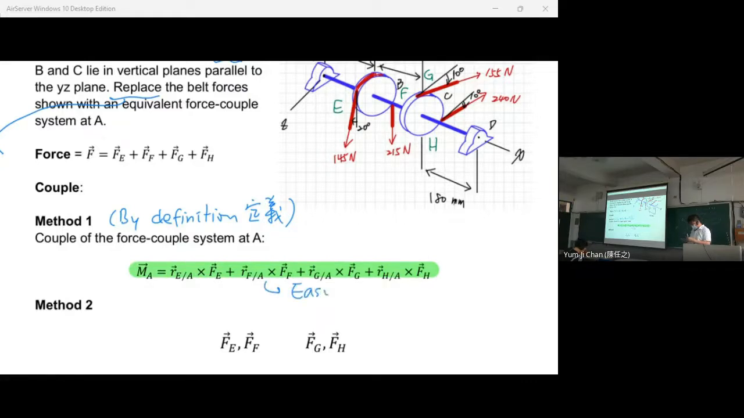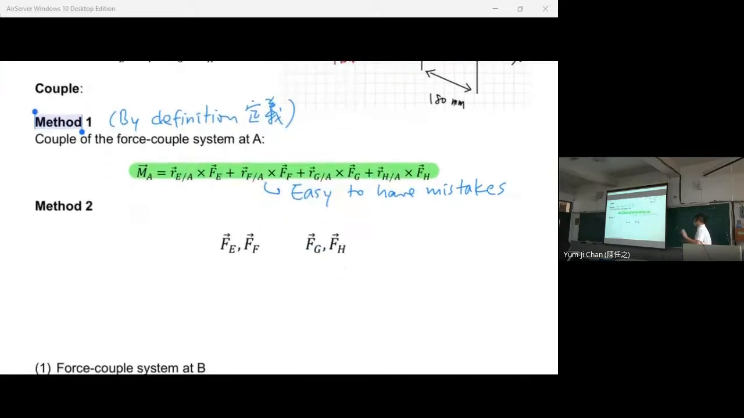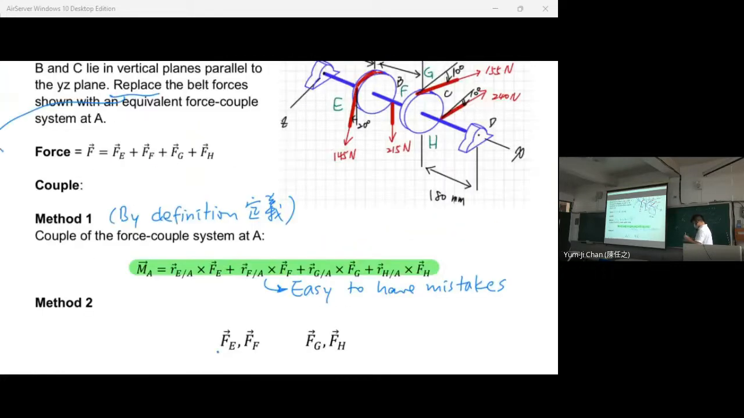Easy to have mistakes, right? So what should we do? We use the second part of the discussion. So we first group these because